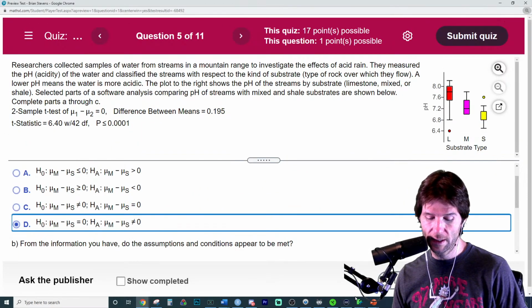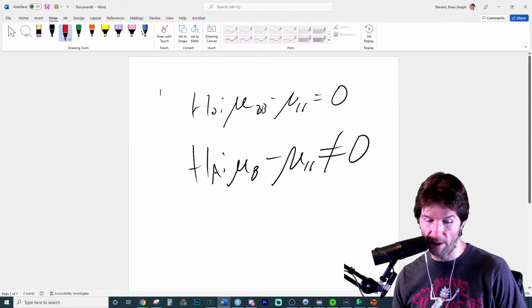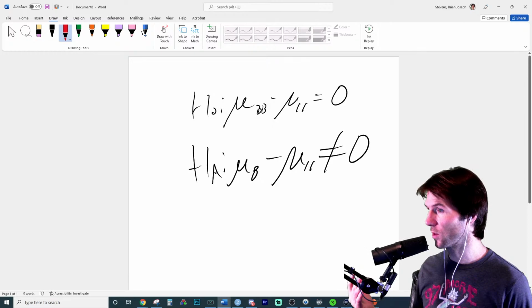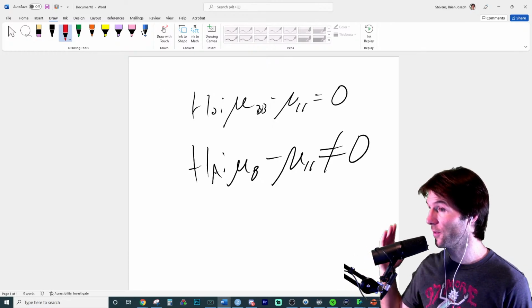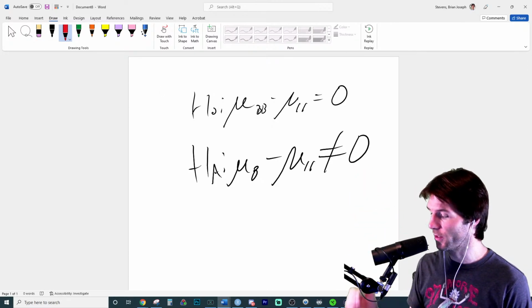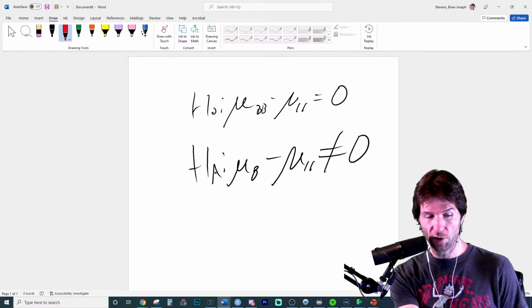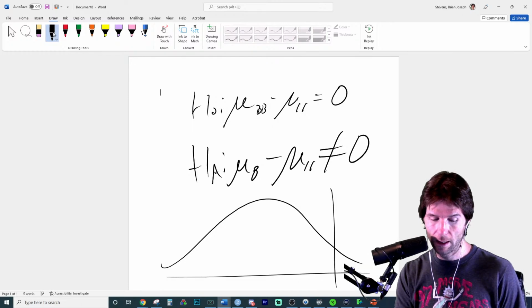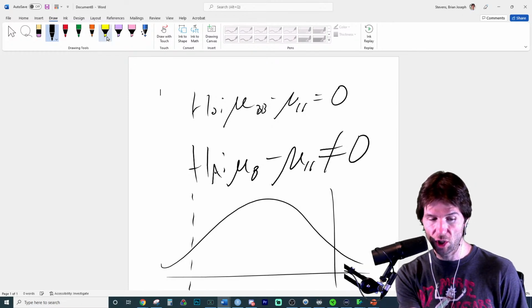So we have the null has the equal sign. I think I already have a little bit of notation up showing the null and alternative. If we write it out, this is how we generally write the null and alternative. We have that the 2 means are equal, and then the alternative, if it does not equals, is the 2-tailed test. And when we find our results, we would take the curve and plot the t, and then plot something just as extreme and shade both sides.